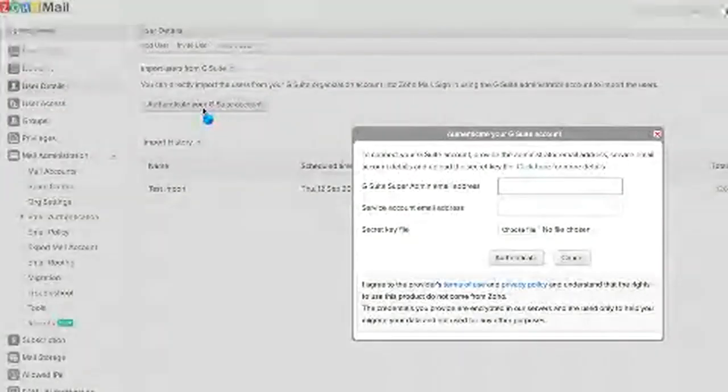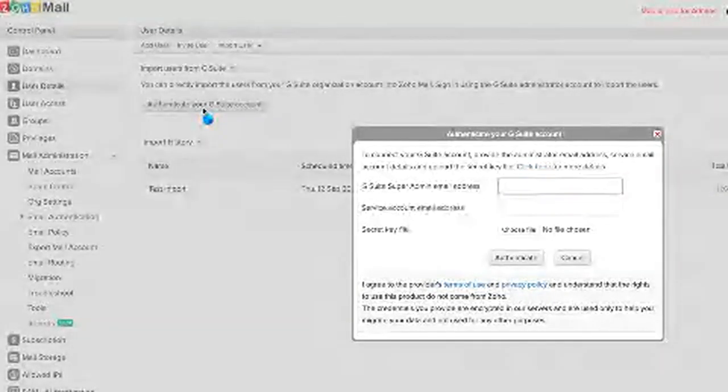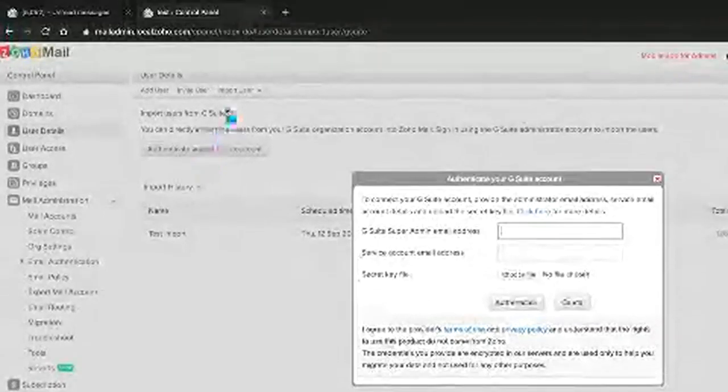So you see here that there are three important fields. You will have to enter data in these three fields before you proceed with the migration, just for authentication purpose. So what we are going to do now is to get the data for these three fields by doing the authentication process. You will have to log into the Google Cloud Platform now. We're going to do just that.